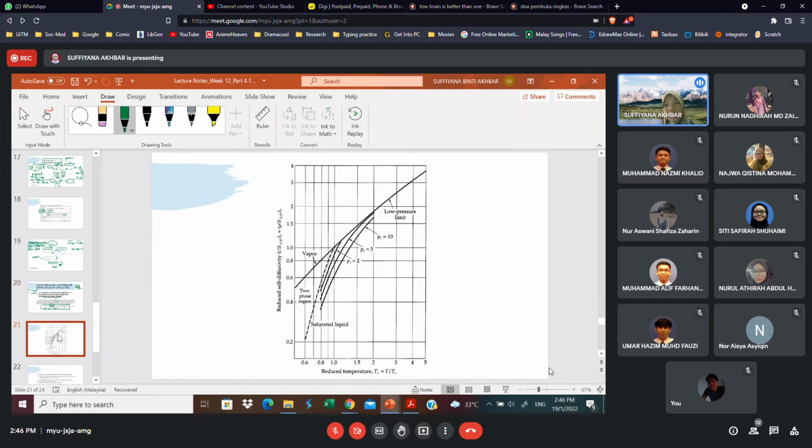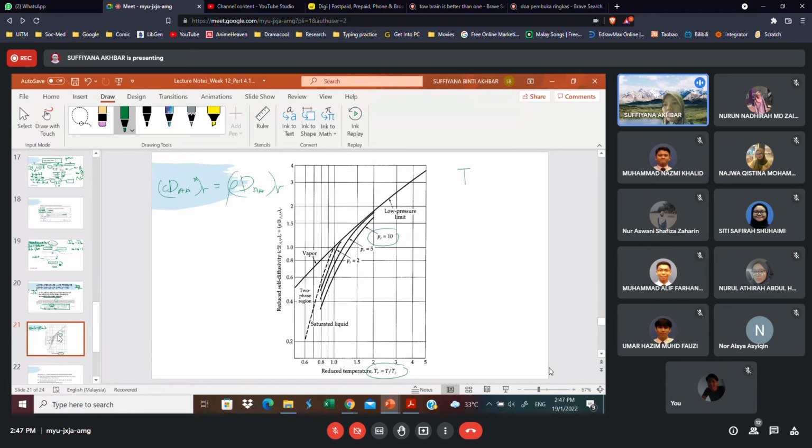Similar, remember? We have reduced temperature, and the curve here is reduced pressure, and for the Y here is the reduced self-diffusivity. So for self-diffusivity we have CDA, we have this. Star, this is for reduced, same, either in the molar or in the mass. R means reduced. So you can find TR.